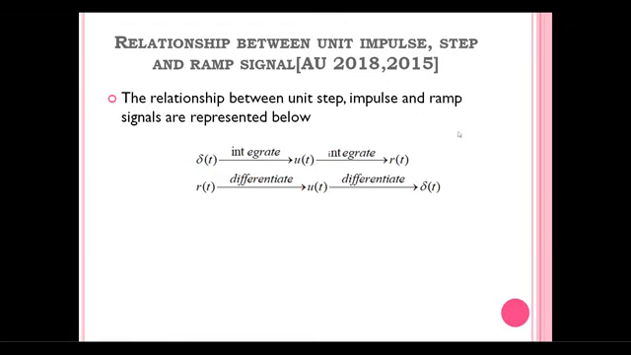For 2 marks, the relationship between the unit step, unit impulse, and unit ramp signal is represented as follows. Here del of t is the unit impulse, u of t is the unit step, and r of t is the unit ramp. If you integrate the unit impulse, we get the unit step. If you integrate the unit step, we get the unit ramp signal. This is one relation. And in reverse, if you differentiate